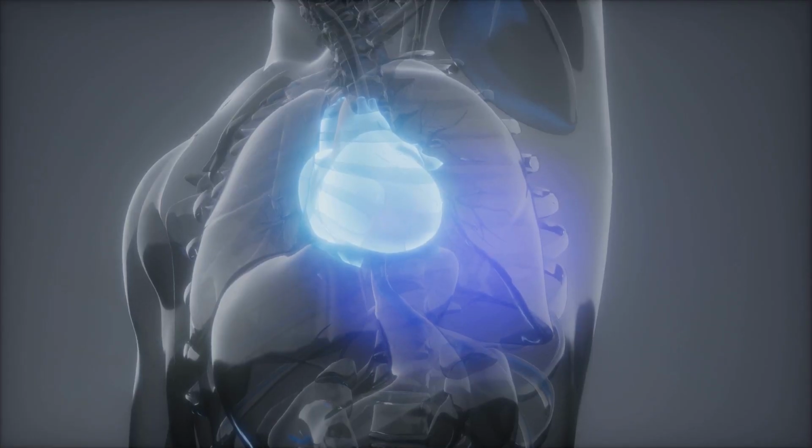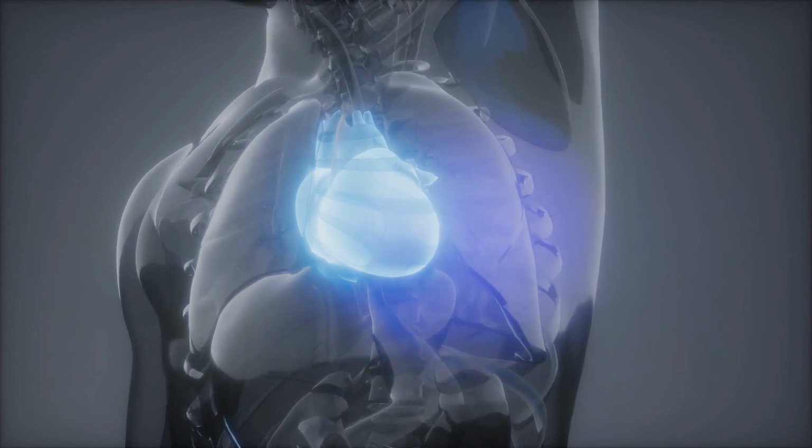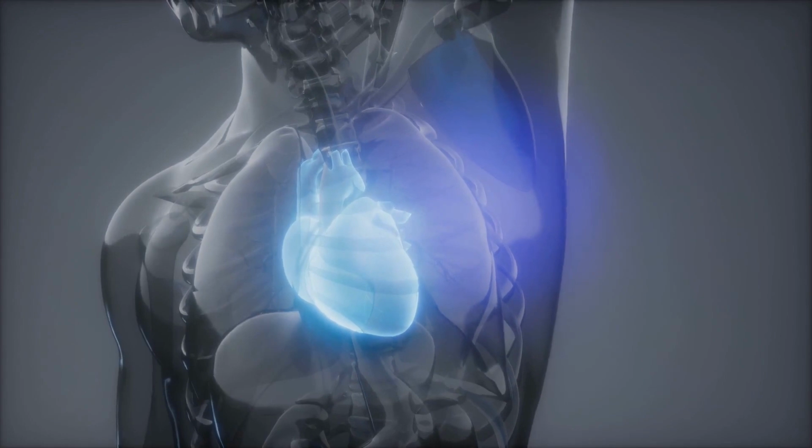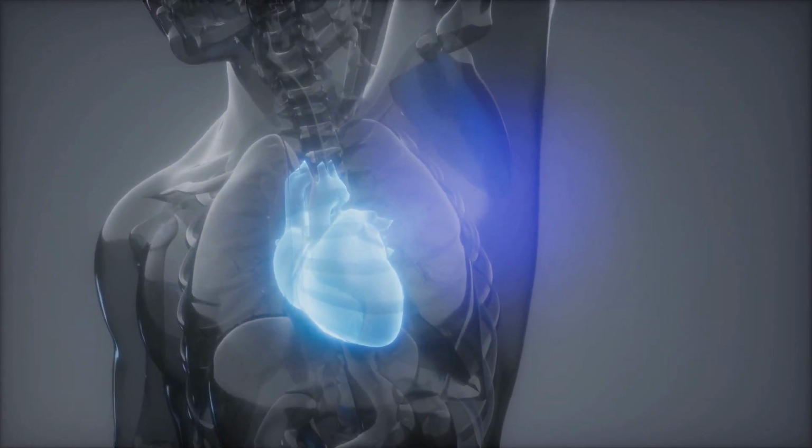In a healthy heart, as the volume of blood in the ventricle increases, so does the pressure, allowing the heart to pump blood more forcefully. But in aortic stenosis, because the narrowed valve restricts blood flow, the pressure in the left ventricle can become much higher than the pressure in the aorta, even when the volume of blood is the same. This is reflected on a pressure-volume curve as a shift to the left, indicating increased pressure for any given volume